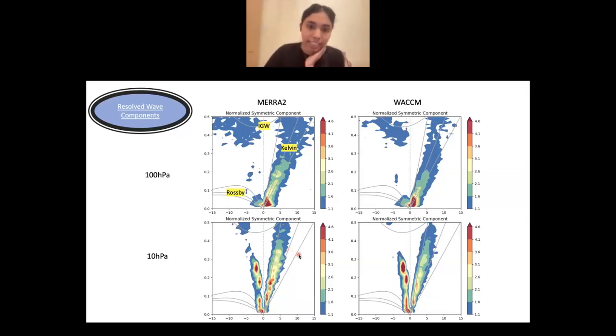As you can see, there is a shift in the phase speed of Kelvin waves, and it is clear that the higher speed Kelvin waves are reaching higher altitudes. Now, if we compare MERRA2 and VACUUM in this case, we can see that MERRA2 in the low wave number region has higher magnitudes compared to VACUUM, which suggests that in the resolved waves, the Kelvin waves are actually weaker in VACUUM. But there can be other waves, like the gravity waves, which give rise to the westerly phase of the SAO. So we will move forward and look into the gravity waves now.